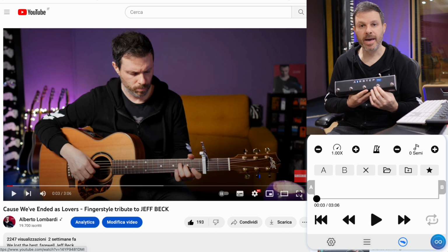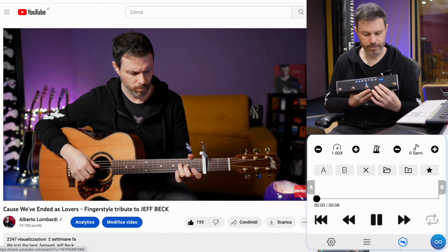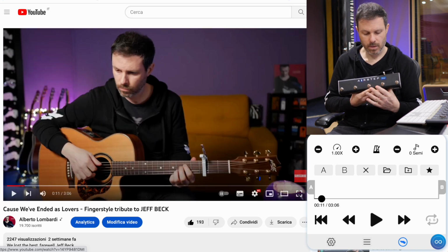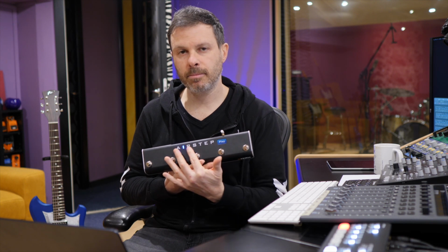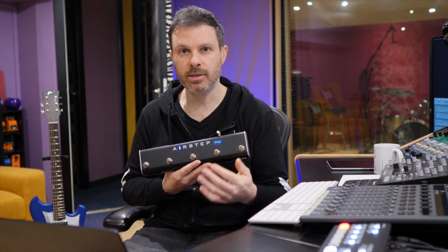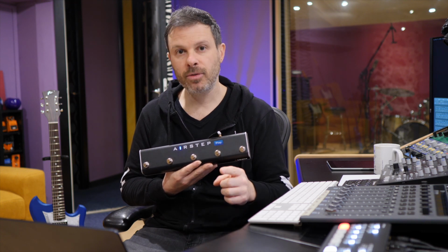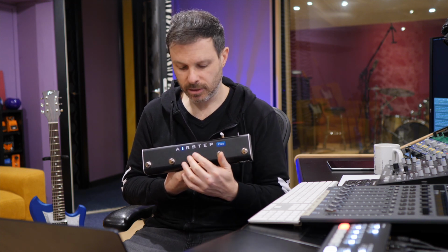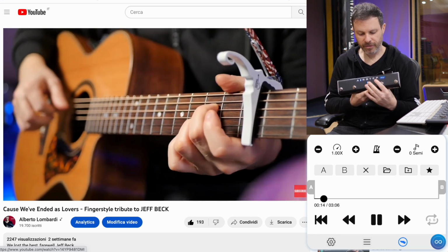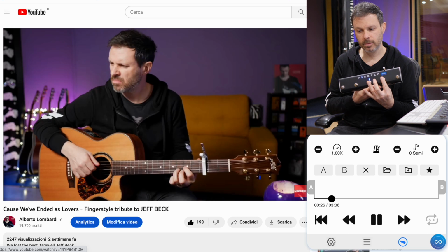It actually goes back 2 seconds, or I can fast forward like this. You can actually use more than one switch at a time, or you can long press a switch. If you do that, you will obtain different results. So, let's say I'm playing back. If I press this 2,